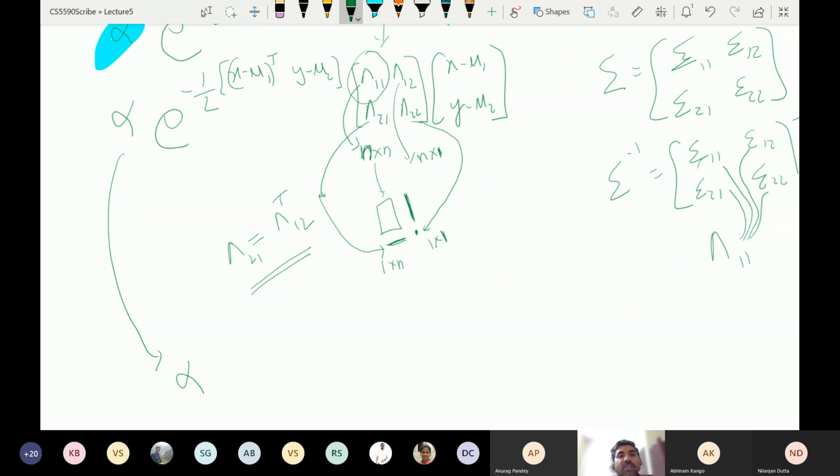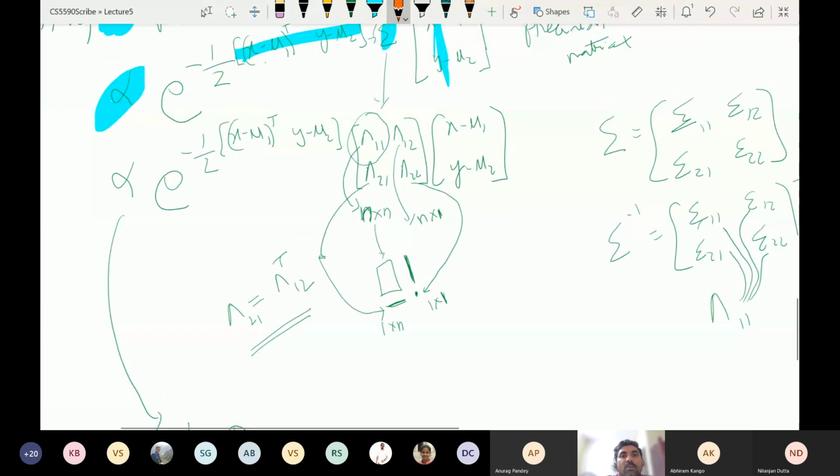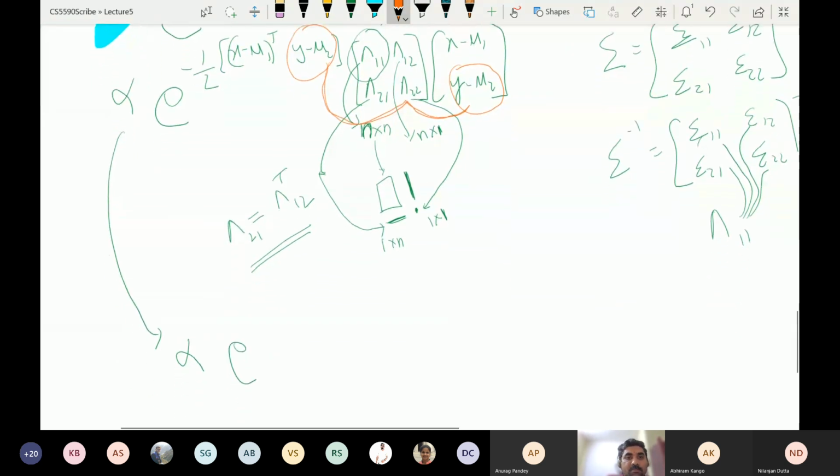So from this, what should I do? I should ignore terms involving x. So let's start. Now this term will multiply this and multiply this. That will give you a square term in y. Everybody agrees? That's how matrix multiplication is done, right? This multiplies this and this, that gives the square term, and this is the only square term. So let's first write down the square term. So it's minus